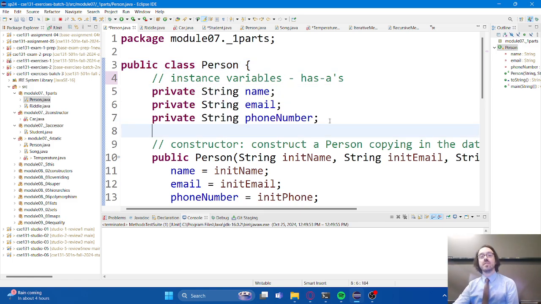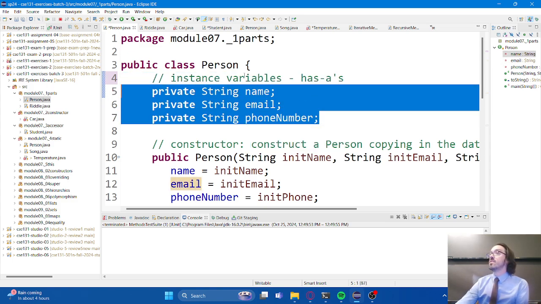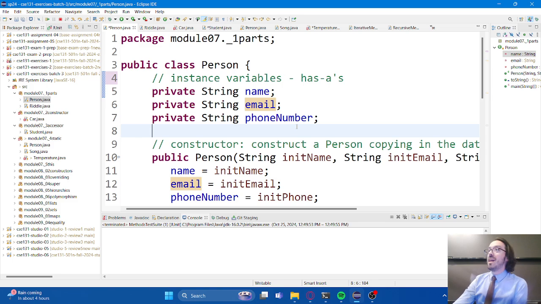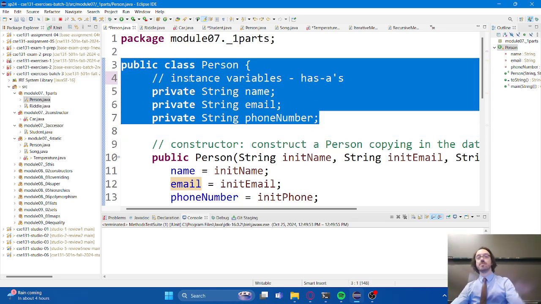These are properties. You can think of these almost as like blank items on a form, right? These are placeholder properties. So, we're saying that every person has a name, every person has an email, and every person has a phone number. But obviously, my name, email, and phone number is different than yours, and yours, and yours, and everybody else's. So this code is going to work regardless of what person we're talking about, right? If I look at a person that represents me, then you would see my name, email, address, and phone number in there. If I looked at a person that represents you, you would see your name, email, and phone number in there.